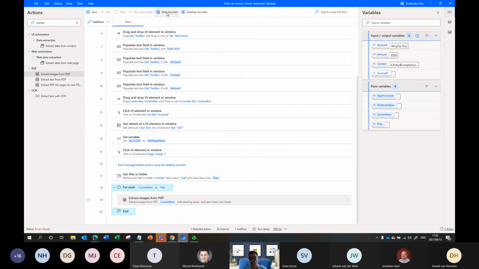Yeah, the other thing to mention is flows can call subflows. So almost like in code, you can have functions that call functions, and you can create one desktop flow and have another reusable desktop flow, and you can have one flow call another flow on the desktop, which is pretty cool. So you can have cloud flows calling desktop flows and desktop flows calling desktop flows. So you can get pretty complicated with this stuff.